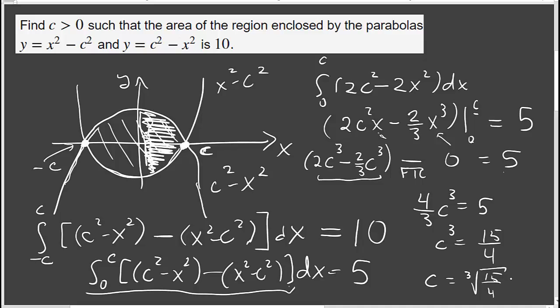So if we take c to be the cube root of 15/4, then this entire region here will equal 10. And we could check our answer if we put the cube root of 15/4 in for c and calculated the area of the region. And we should